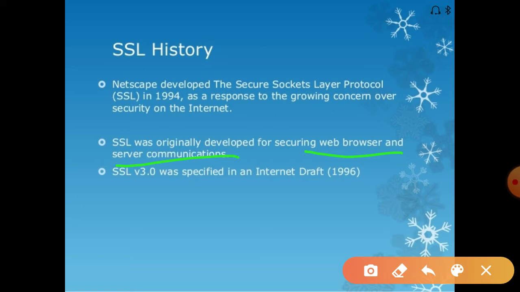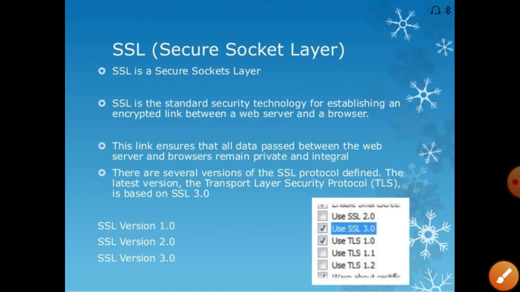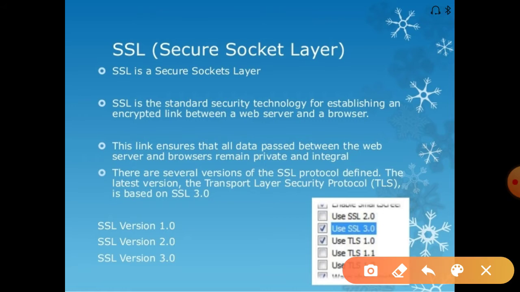SSL was developed for the security of web browser and web server communication. SSL version 3.0 was specified in an internet draft in the year 1996.